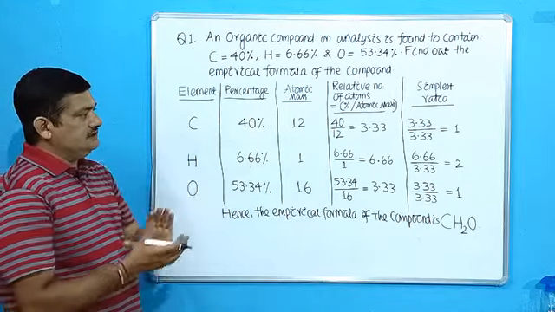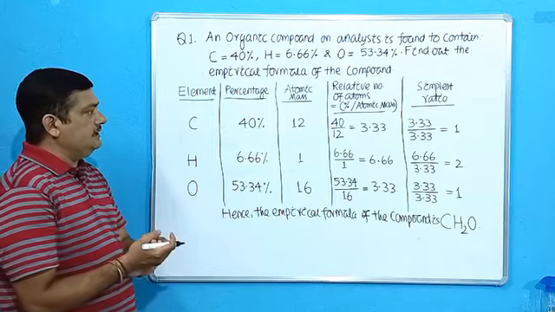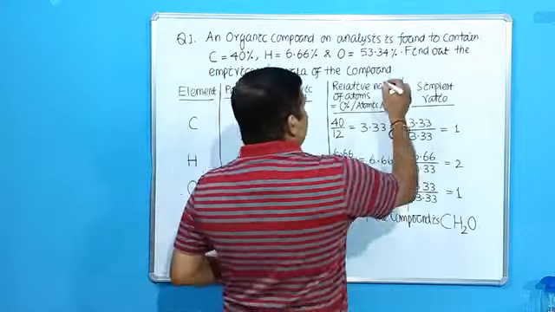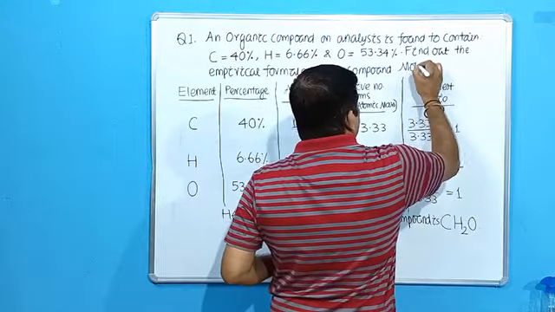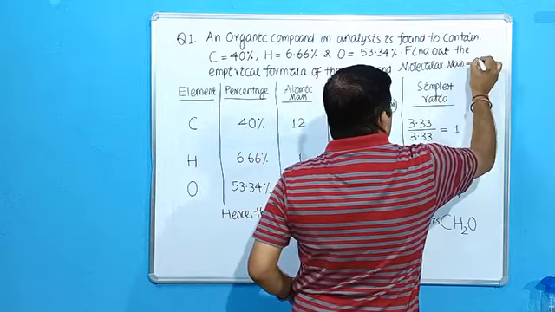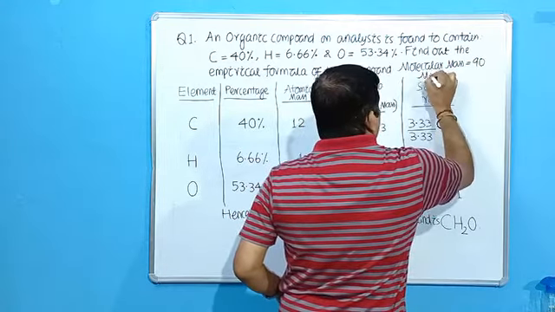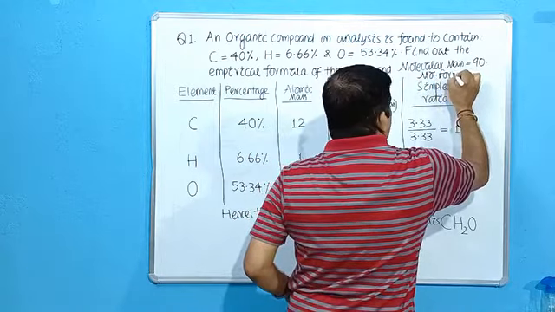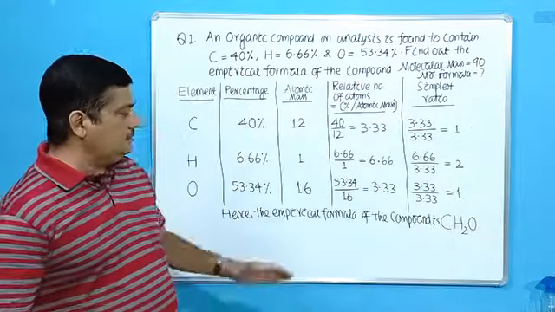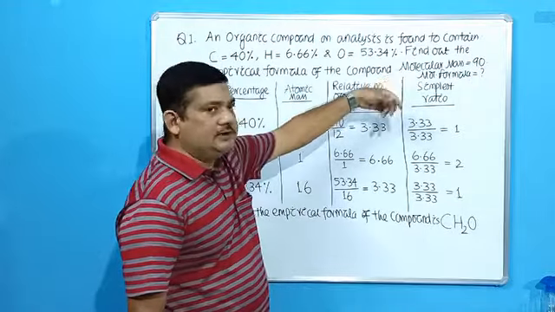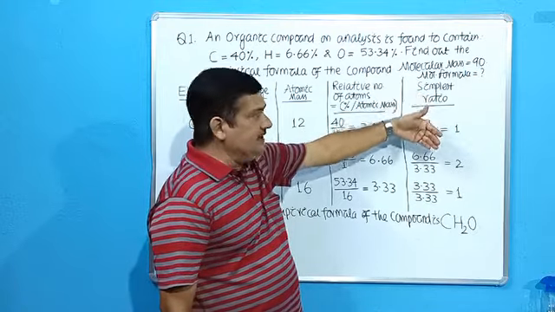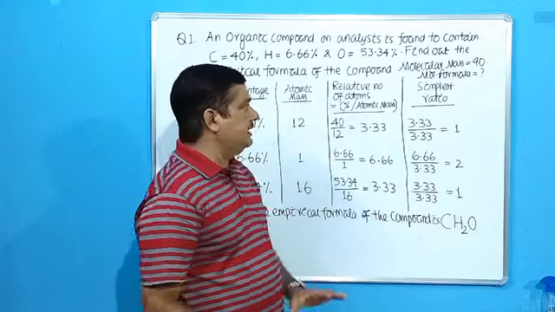You have to remember these columns and solve it accordingly. Suppose additionally the question is: if the molecular mass of the compound is 90, find out the molecular formula. I have added to the same question. If you have learned to solve this, you know how to solve these things. So additionally I have added the question: if the molecular mass of the given compound is 90, what will be the molecular formula.